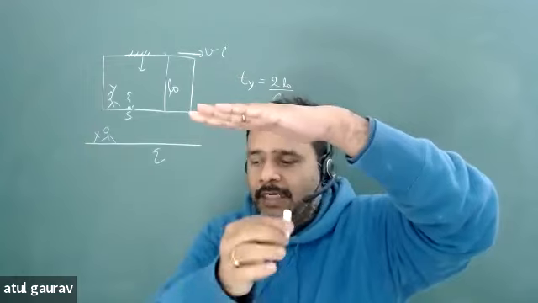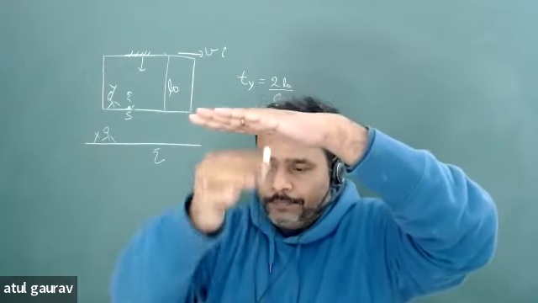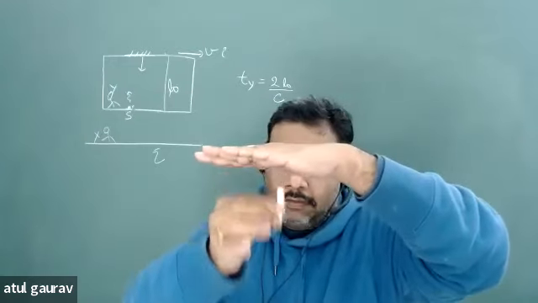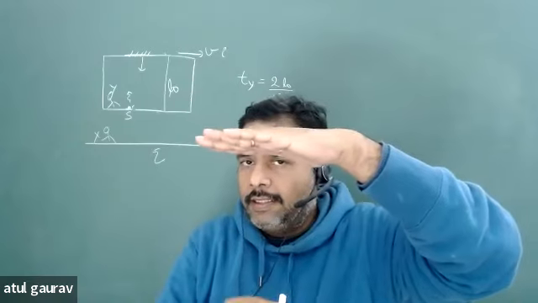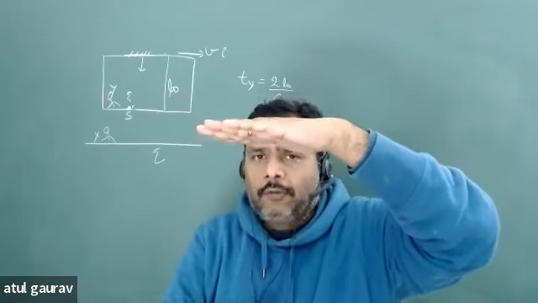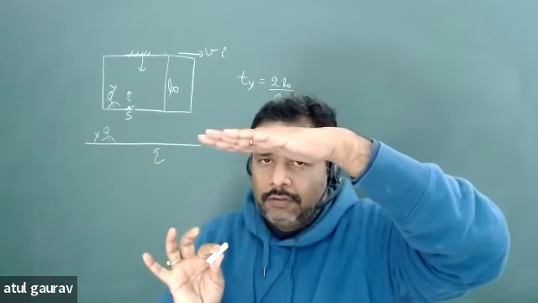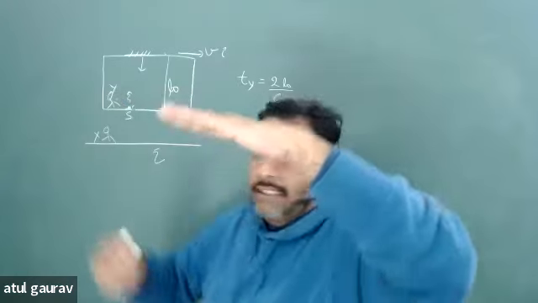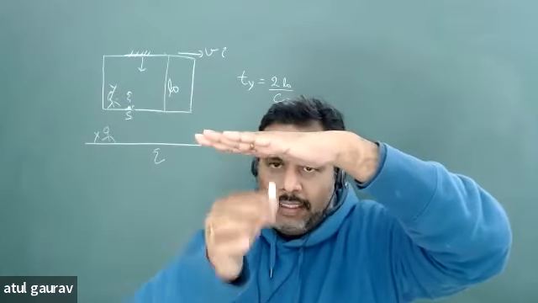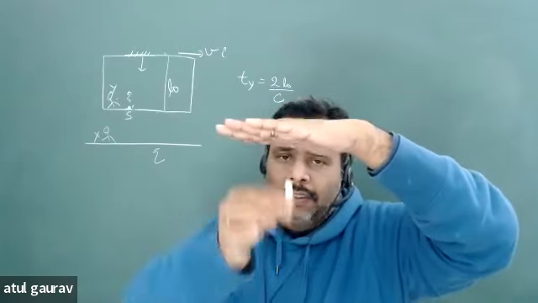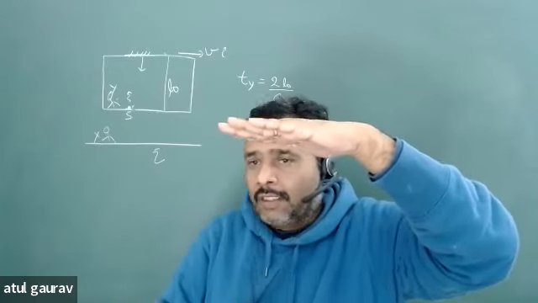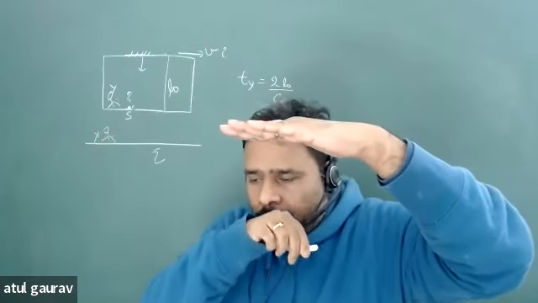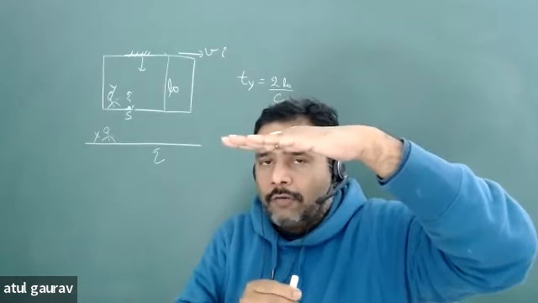X will see something like this, isn't it? Something falls from above. Yes, the light went up and came back. Okay? But how will it look to y? Y will see that this goes here and comes back. Go here, come back. It's okay? Now how will it look to x? So now look at what is going to happen.